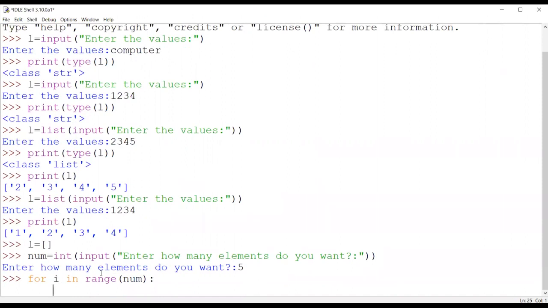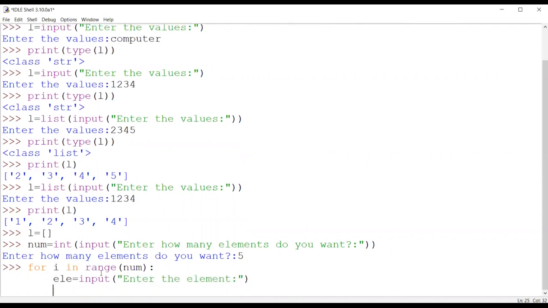Now press enter. Let's take one variable ELE, for element. Now accept the element: input, enter the element. Right?